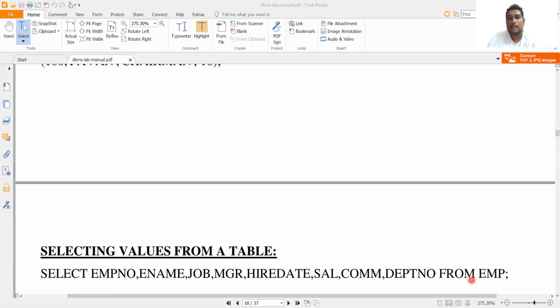Here we use another syntax, if I want to retrieve all attributes in your data, all attributes in your database. Instead of representing all attributes, you use a single operator called star. The star operator is used in DBMS to retrieve the overall data in your table.